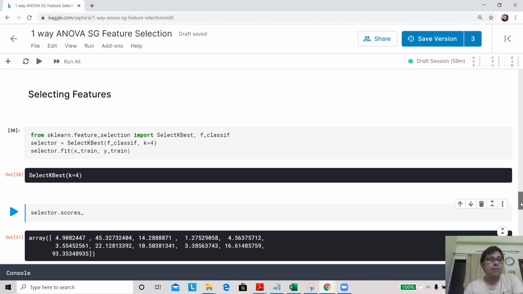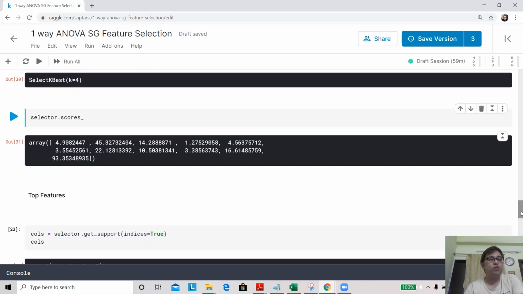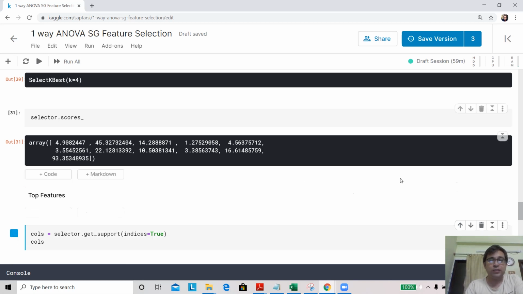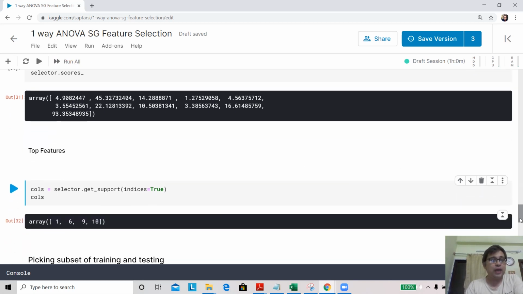There is a function called get_support, where for the top 4 features the indices are set as 1, and for all others it is set as 0. If I run this, it says the second column, the 7th column, the 10th column, and the 11th column are the highest ones.